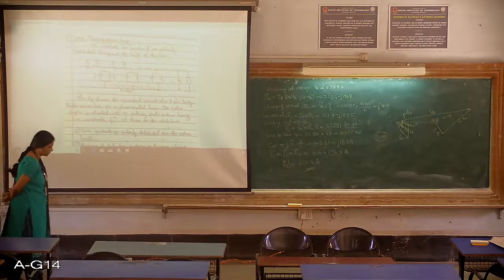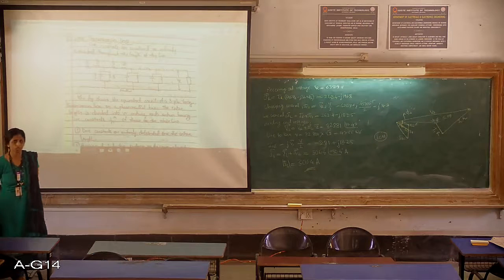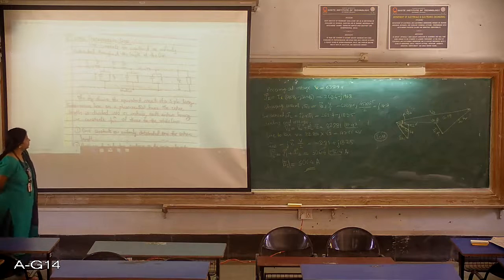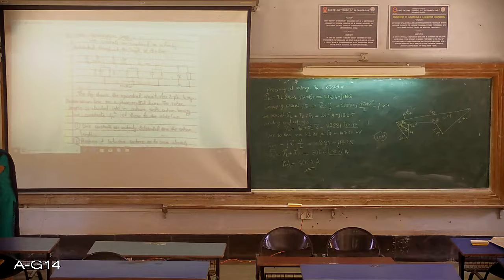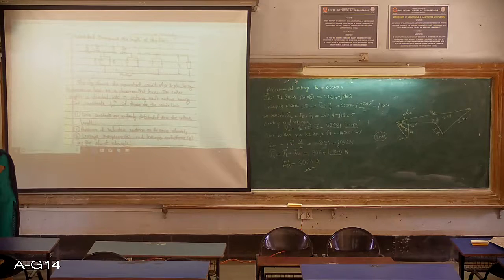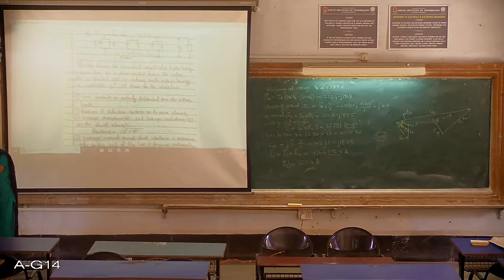We are not including any problems for your syllabus with respect to long lines, but you need to know how it is represented. So just observe here. This figure shows a three-phase long line on a phase-to-neutral basis. The entire length is divided into n sections, and each section has a line constant of 1 by nth of those for the entire line.